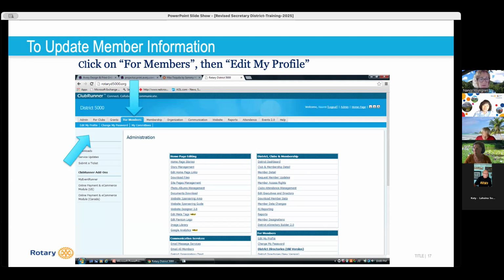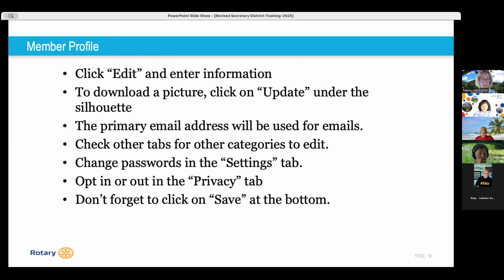So first of all, you do the member login before you can get to For Members, and then Edit My Profile. You can change all kinds of information like your address, change your picture, change your email, change your password. So this is something that the secretaries usually do, but members can do for themselves. But it has to do with member login and then member area.